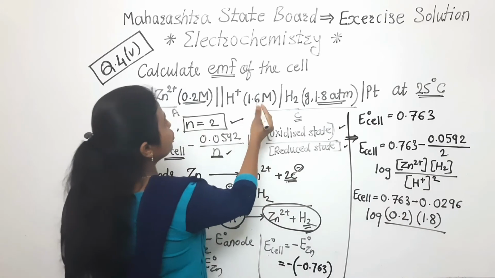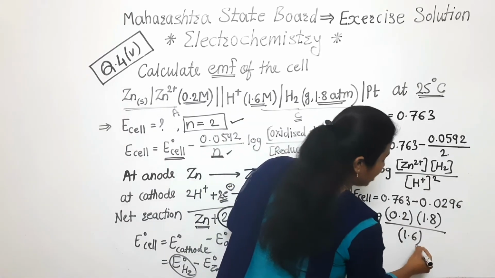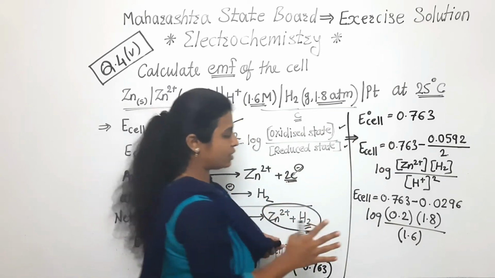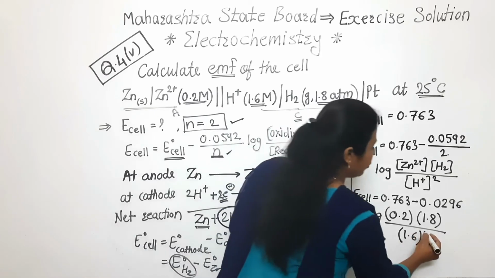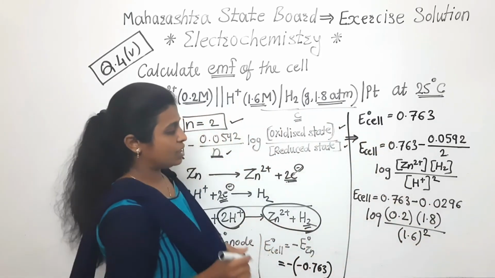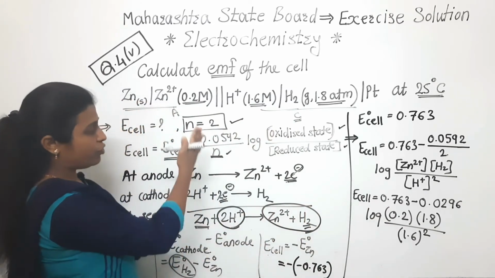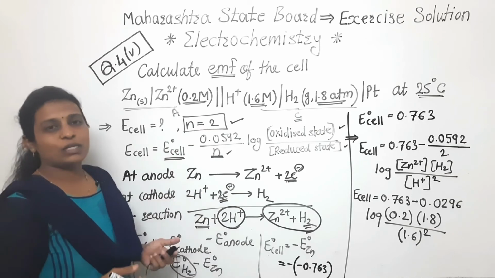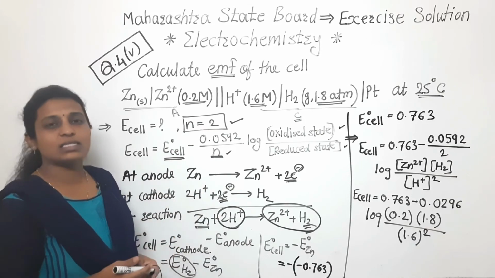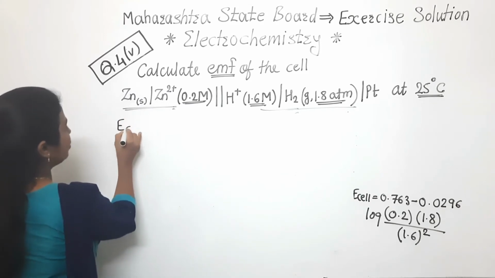What is the concentration of H+? That is 1.6, but here most of the time there is a possibility of mistake, that you may write only 1.6. Here we have to take the square of this. Now how to simplify this term, we will discuss now. If you have not written all the numerical given data, then please complete it, or you can take a screenshot and complete it. After that, now see here, we will write one step at a time.